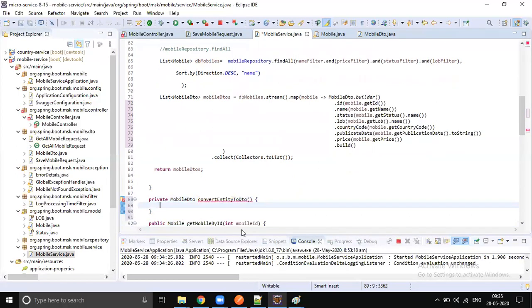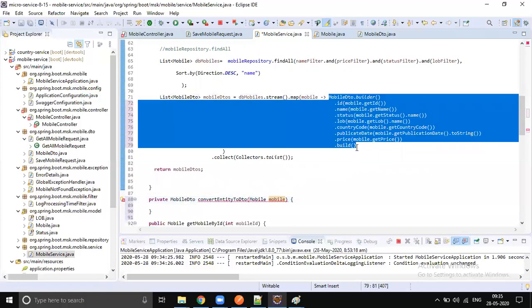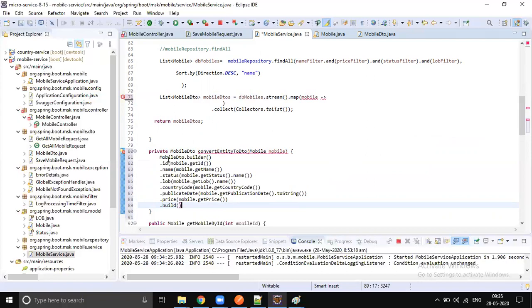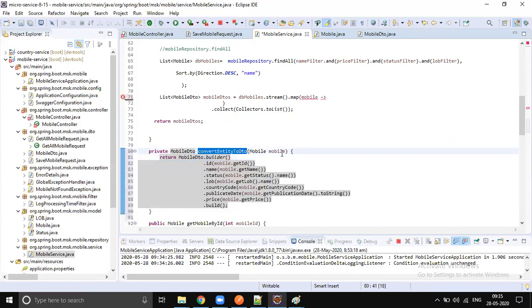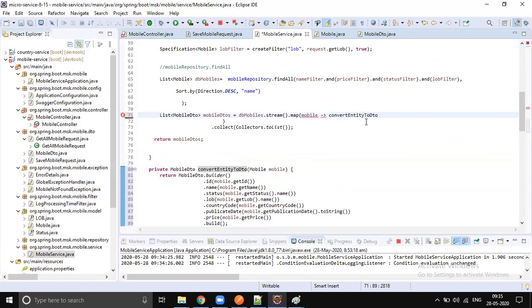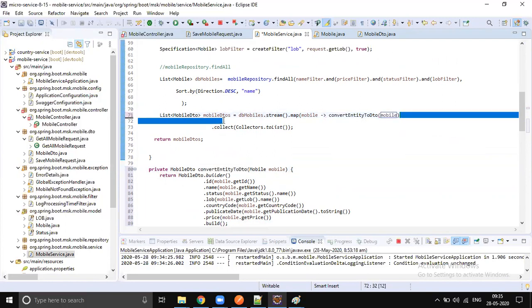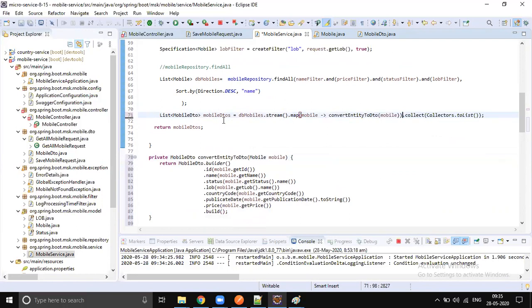The input is Mobile.java, the output is mobile DTO. So let's cut, paste and just return the mobile DTO. Yes, let's call this method here, convert mobile DTO. I can collect it. So it's a one-line statement now.